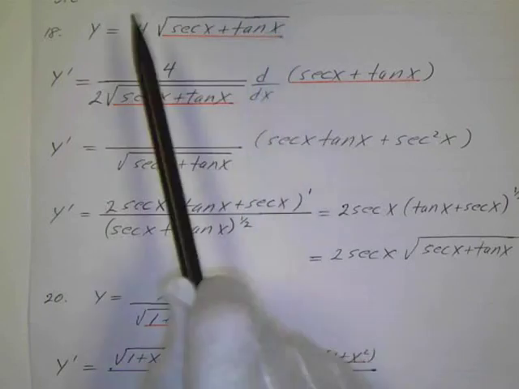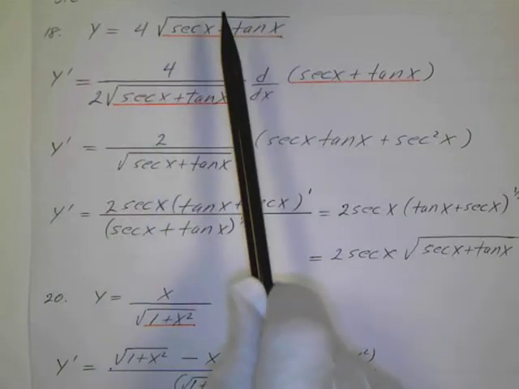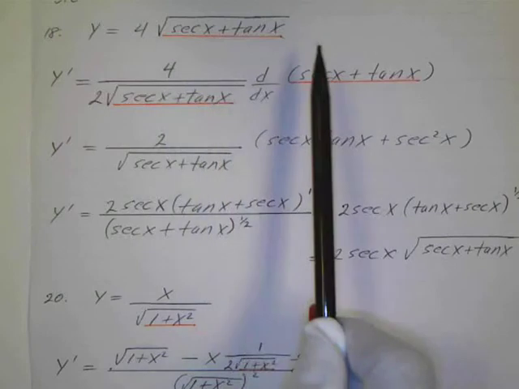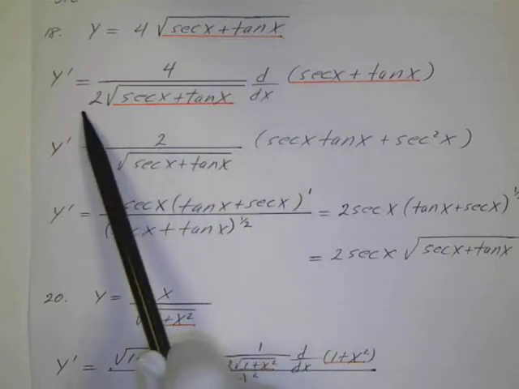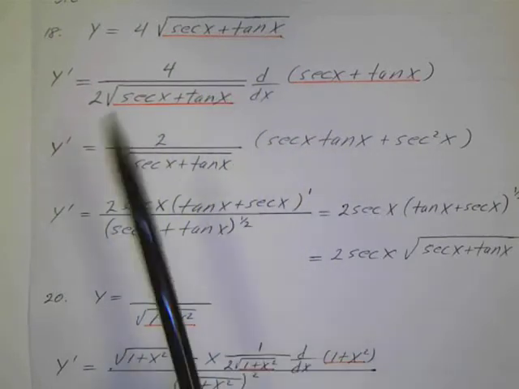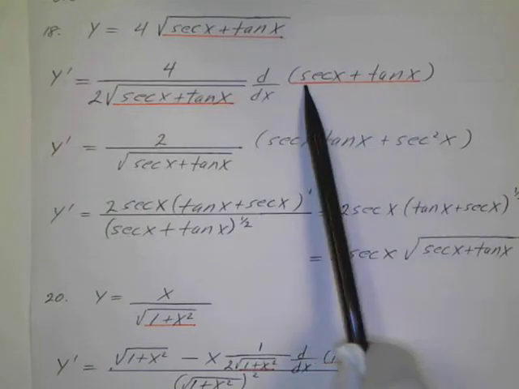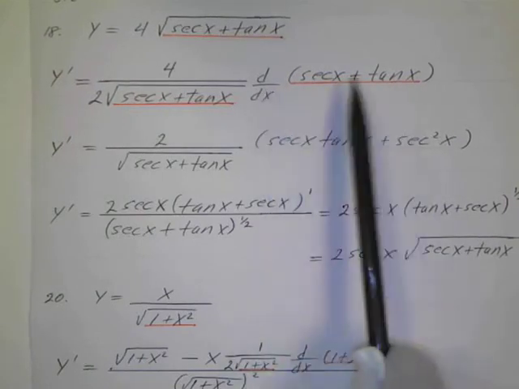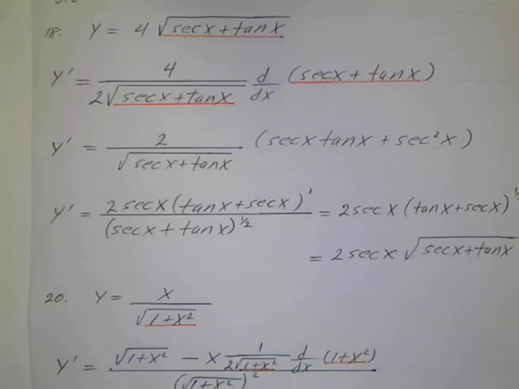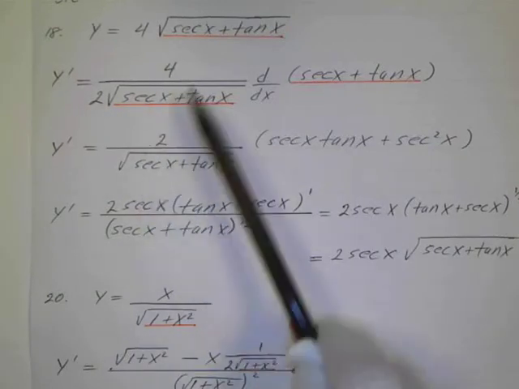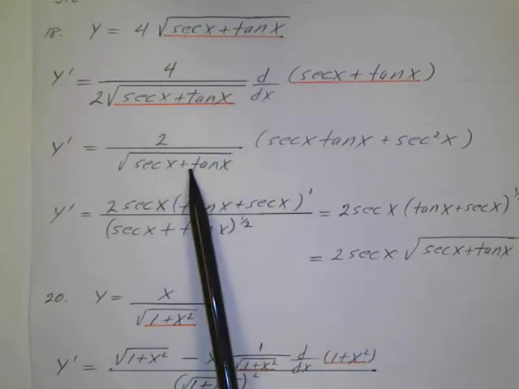So it's the derivative of the outside function, which is the square root of x. So the derivative of the square root of x, or the square root of u in this case, is 1 over 2 times the square root of u. This is my u, or my function, times the derivative of u, du dx, which in this case is the derivative of that. So I write it out. Okay, and then 2 divides into 4 twice, so this first part simplifies a little bit,